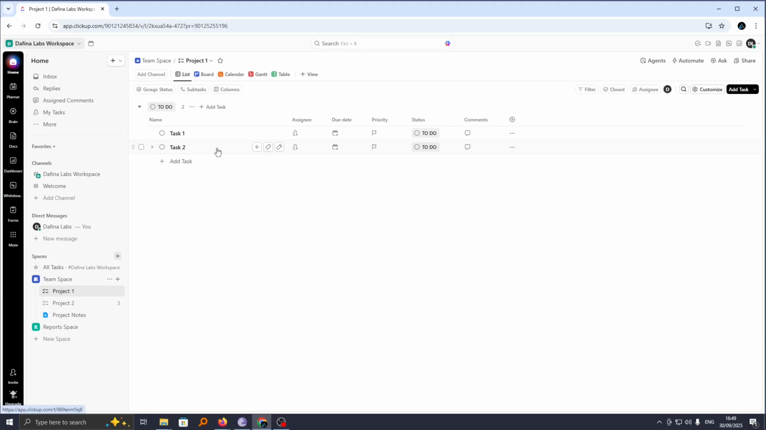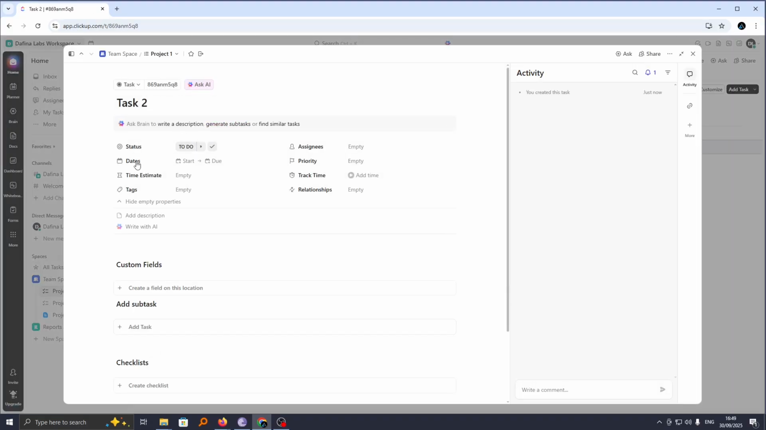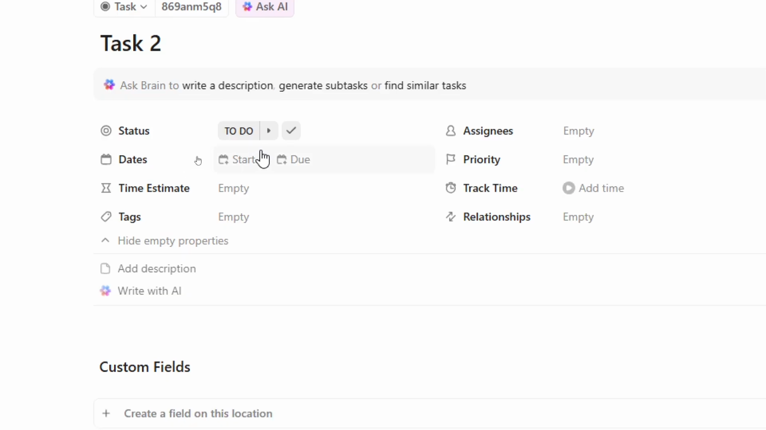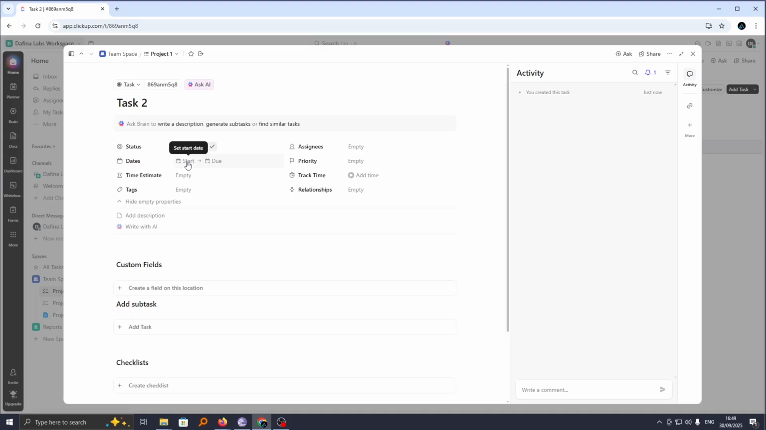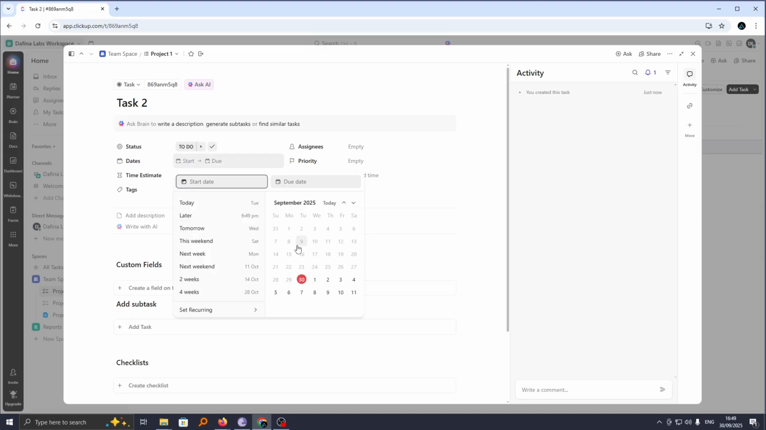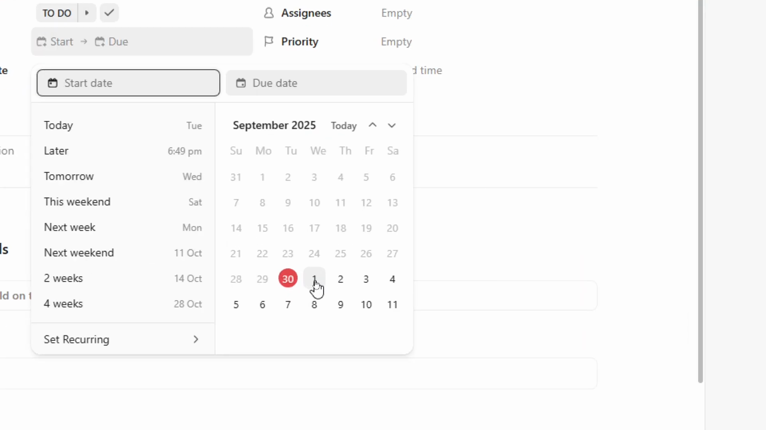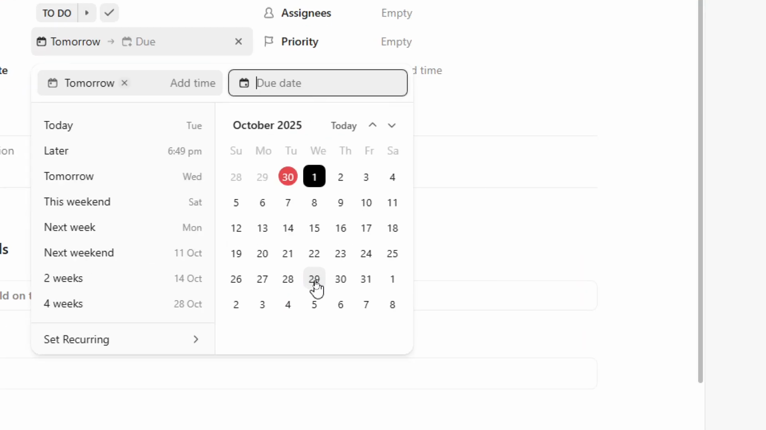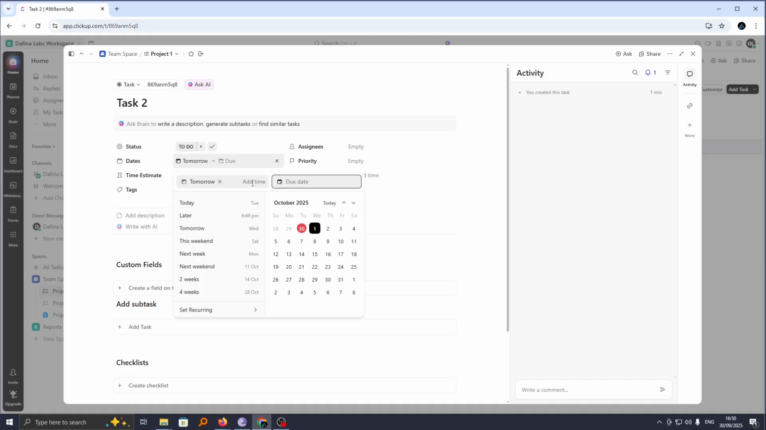To do that, go ahead and just click on the task to open it, and to add a schedule, go to dates here and then click on start date and due date. So to schedule the start date, if you click on it, it will open a calendar. Go ahead and choose the date you wish to schedule the task. So I'd like this task to be scheduled on the next day, which is on 1st,